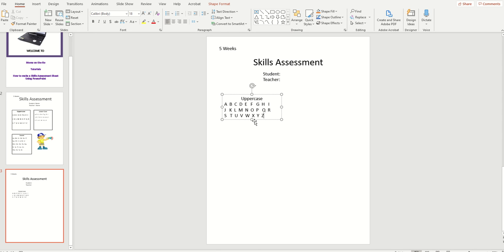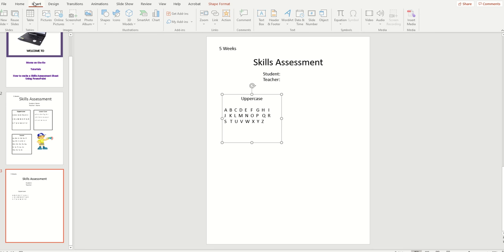Okay, so then what we're gonna do for this is we're gonna add some space. So we're gonna click here and just add some space up at the top. And then what we're gonna do now is we're gonna add a border around the box. So one way we can add a border is we can just